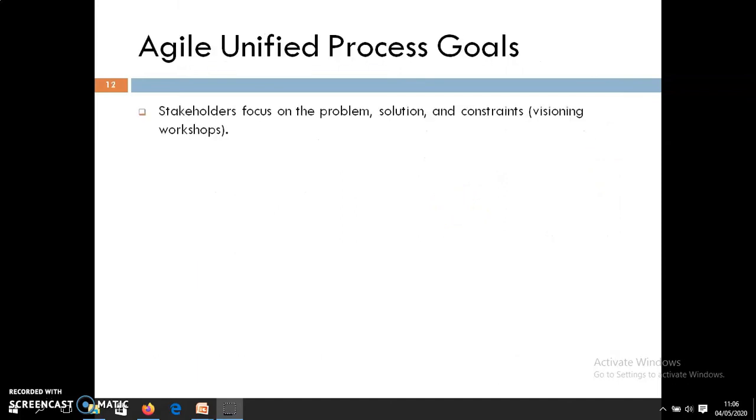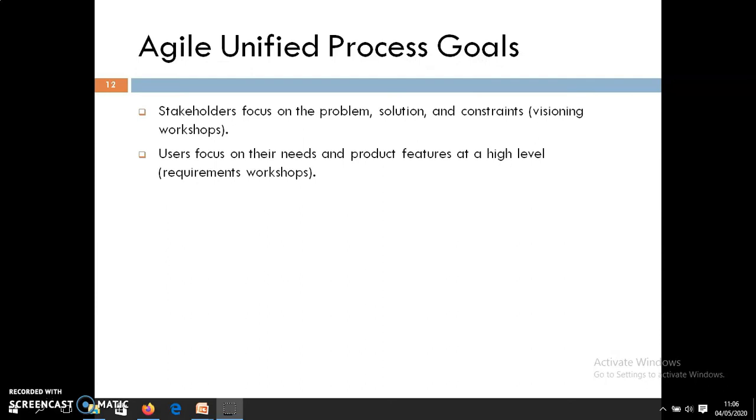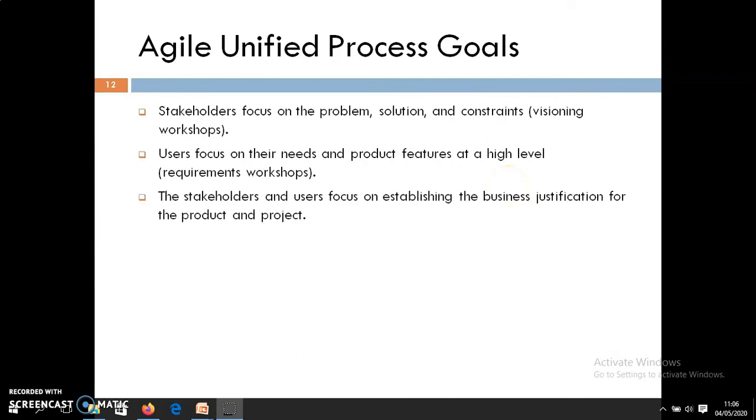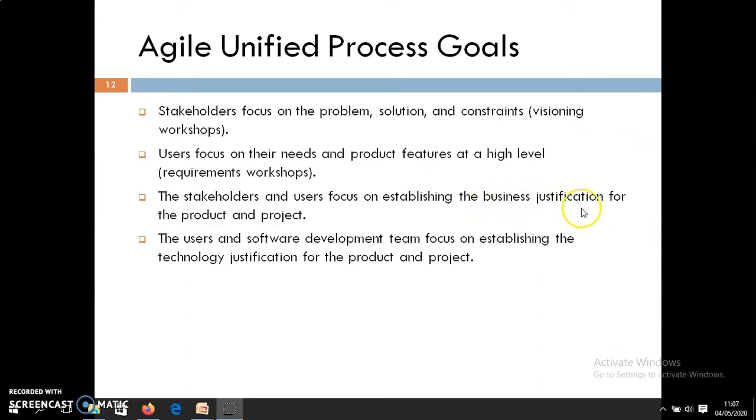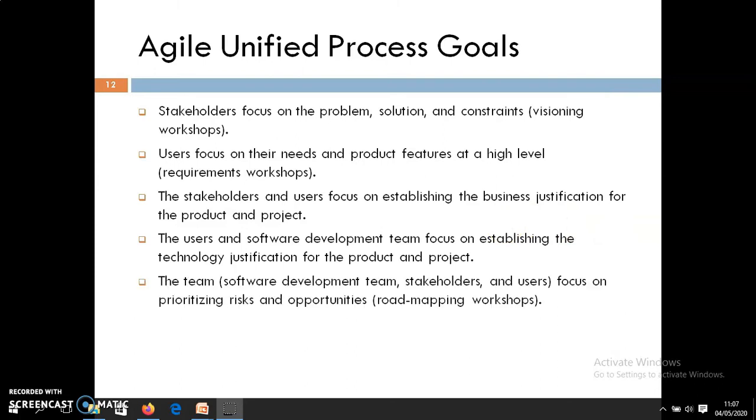In the Agile Unified Process, the stakeholders focus on problems, solutions and constraints, visualizing them in workshops. Users focus on their needs and product features at a higher level. Stakeholders and users focus on establishing the business justification for the product and the project. Users and the software development team also focus on establishing the technology justification, how it is more suitable for that customer.